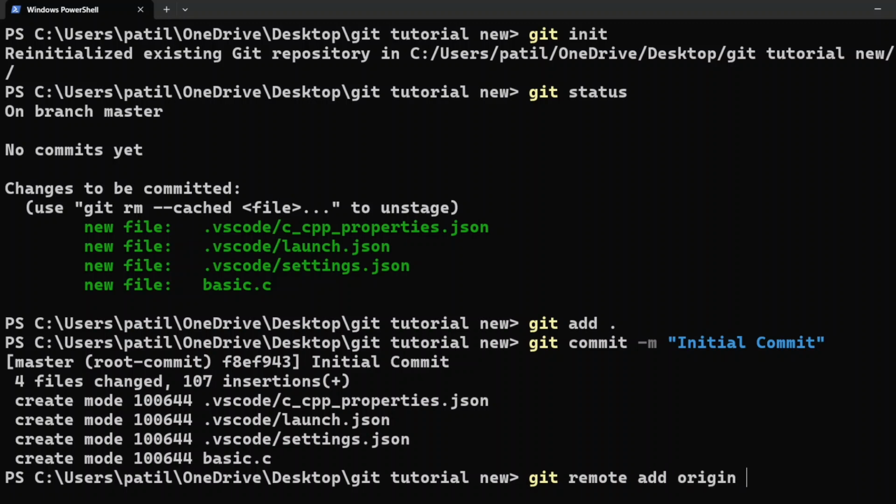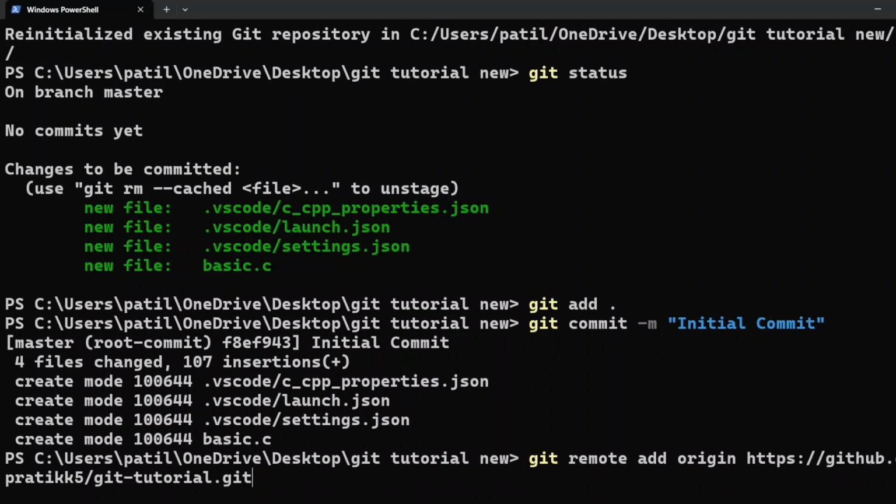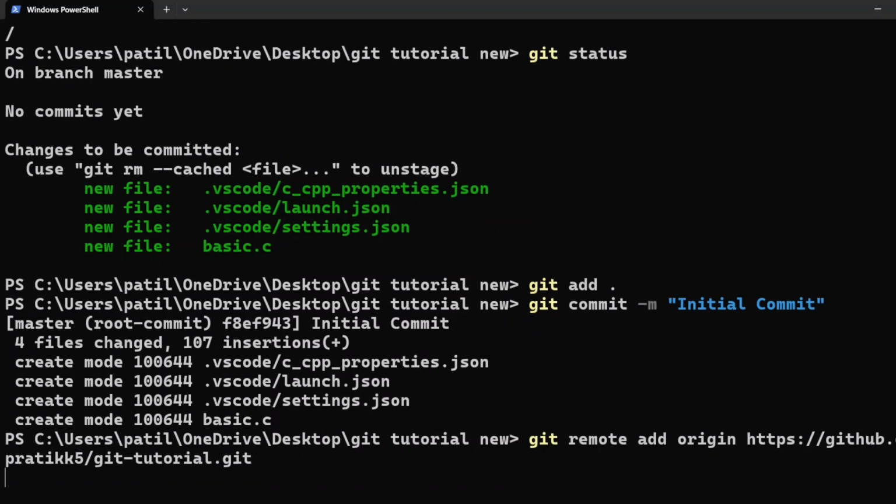Origin is basically a branch. We need to add our code, and copy the previously copied code. Next, press enter. Sorry, the initialization is done. The final step is now to push your code to GitHub. The next command is